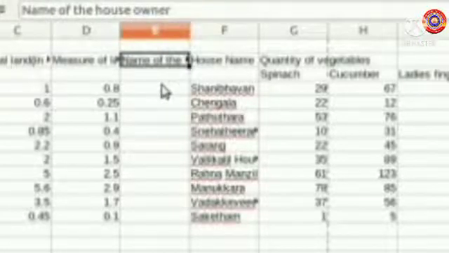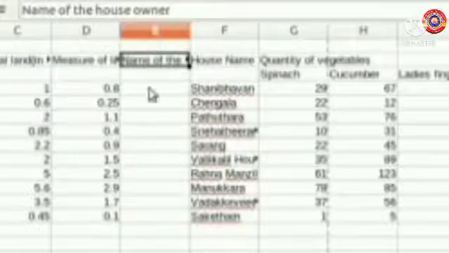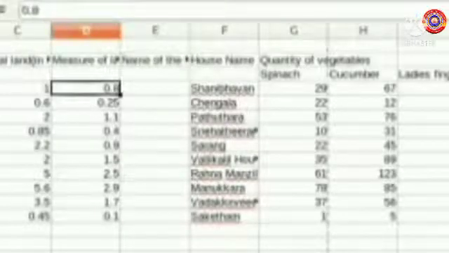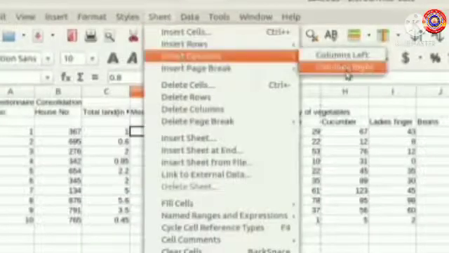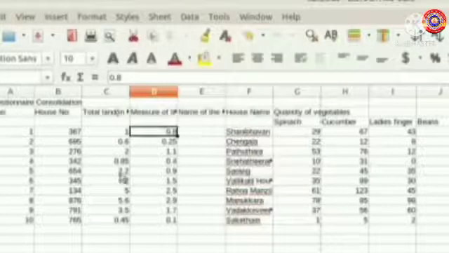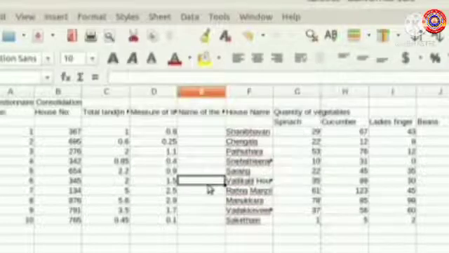Before that, we have to study some more options. Suppose we selected any one cell here before inserting the new column. Then we have to use Insert Columns Right. Clear? Like that, many options are there in the Sheet menu for inserting columns and rows.